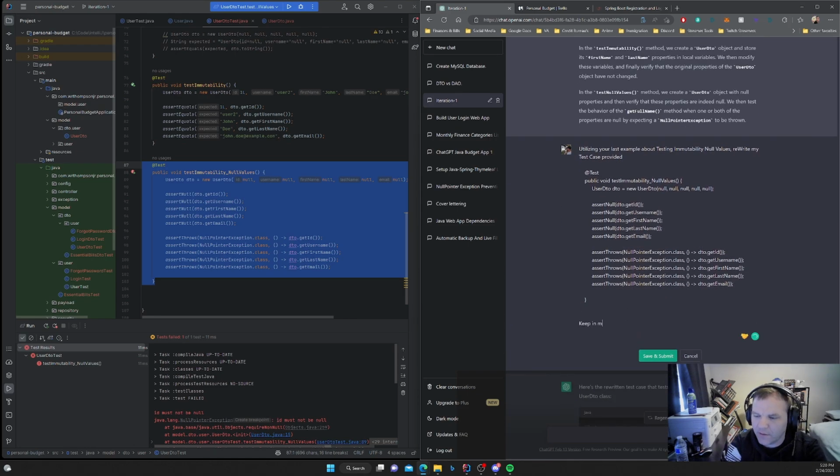Keep in mind that since the UserDto is immutable, there are no set methods. When writing out the test case, do not use set methods.